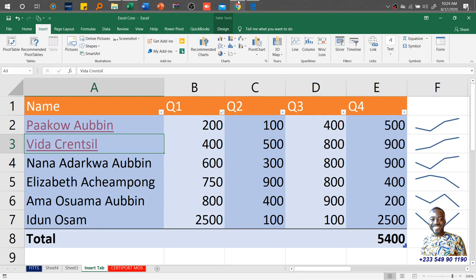So these are various ways you can use the hyperlink feature of Microsoft Excel. And it also applies to that of Microsoft Word. I think the email is not